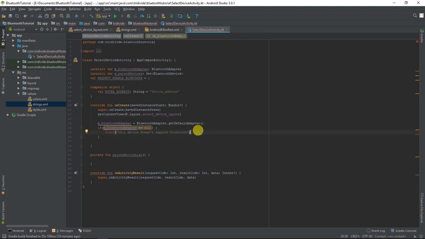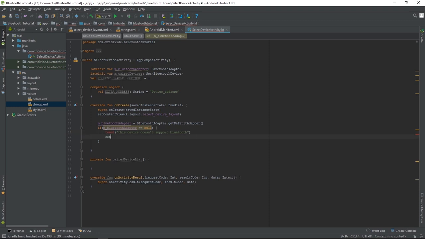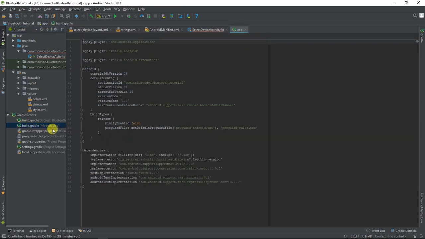And then we want to return. As you can see, this toast is red. The reason for that is because it basically doesn't exist in Kotlin to do it this way. So what we want to do is, inside our Gradle, in our build.gradle, what you want to do